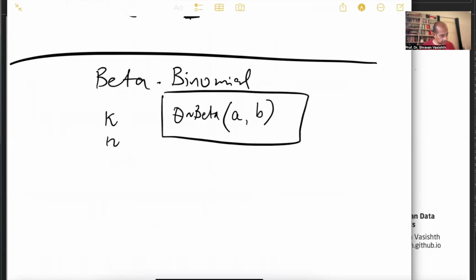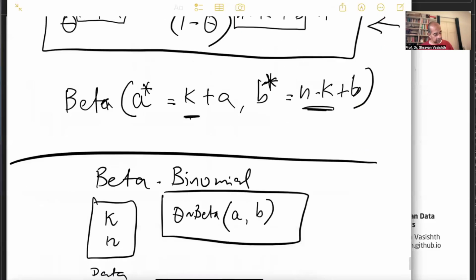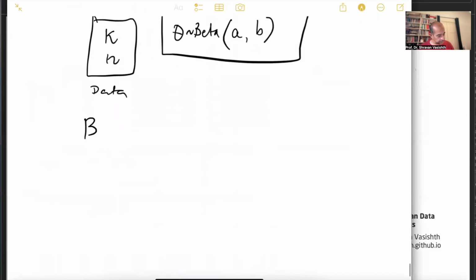We define a prior on the theta parameter, and we get some data. We know from the analytical result that I just derived that the posterior distribution will be a beta distribution